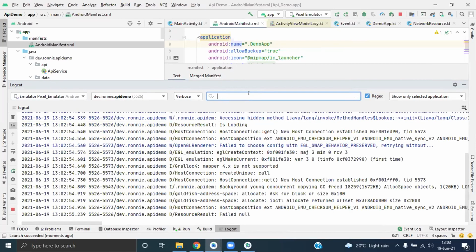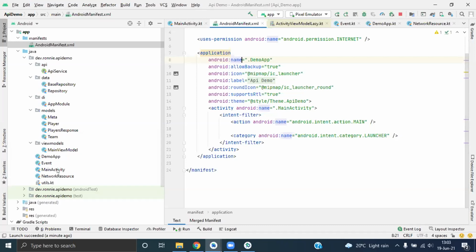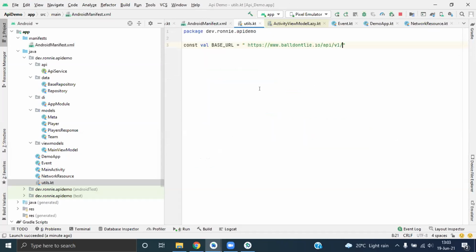Just before you go, Ronnie, I have a wild idea. How about if you check your base URL if it has some spaces? And check if the API key requires maybe a token. Let me check. No, I don't think it has a space. You are right. What? How did you know that, Lincoln?